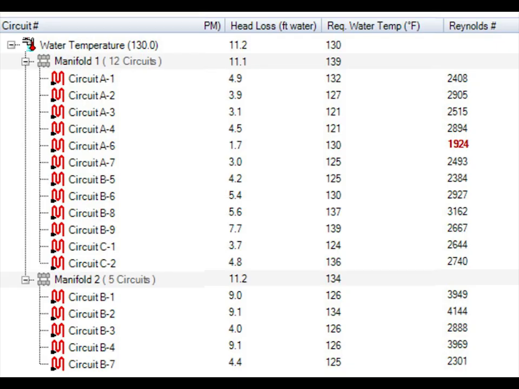During my design, I needed to balance head loss and Reynolds number. You can see in this circuit chart the columns for each. I'm most interested in the manifold head loss, 11.1 for manifold 1 and 11.2 for manifold 2. Also, you can see when the screenshot was taken that I had not yet gotten a high enough Reynolds number